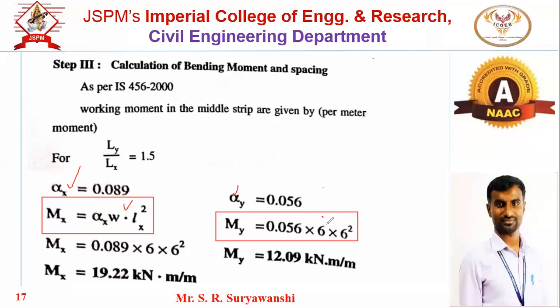Now these formulas are the same as those of the RCC that you have studied. Using this, you will get the moment in the x and y directions respectively. First step, find out the thickness of the slab. Second, work out the load. Third, work out the bending moment in the x and y directions, or we can say in the shorter direction and in the longer direction, with respect to IS 456. So the same clause we have to refer.